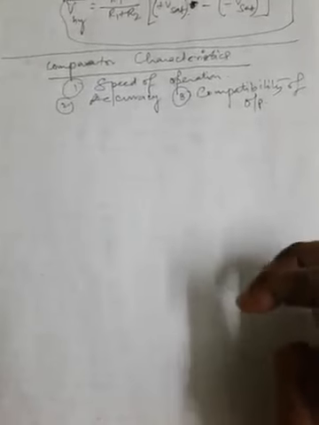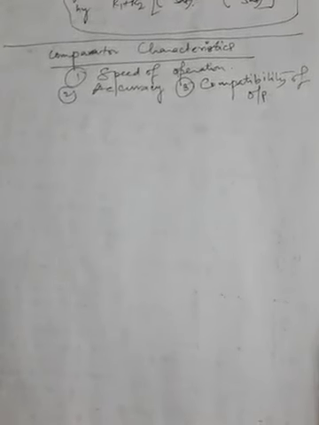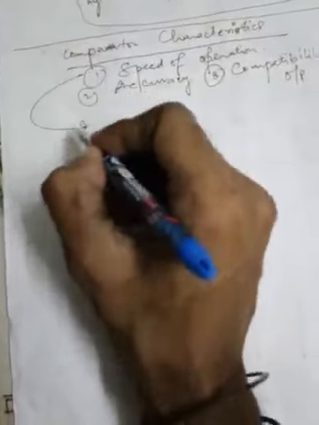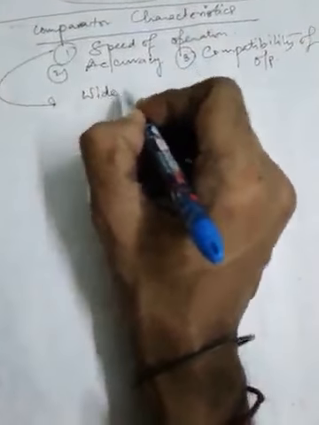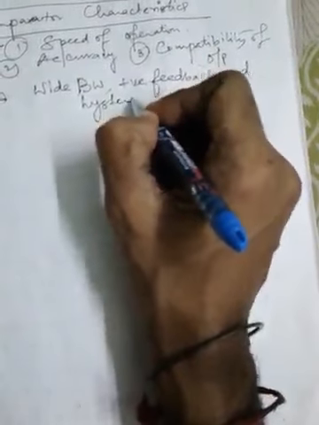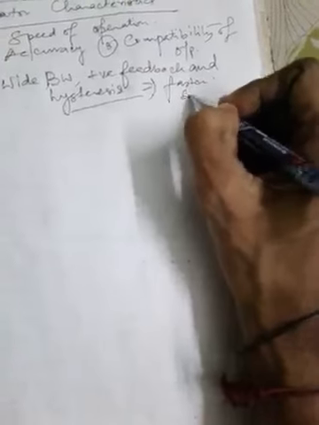It implies that the bandwidth of the op-amp comparator must be rather wide, and the wider the bandwidth, the higher is the speed of operation. Also the speed of operation is improved with positive feedback, or with the concept of hysteresis. So for the first point: wide bandwidth, positive feedback and hysteresis. The idea of hysteresis will improve the faster switching, that is the speed of operation of the comparator. This is the explanation of the first point.